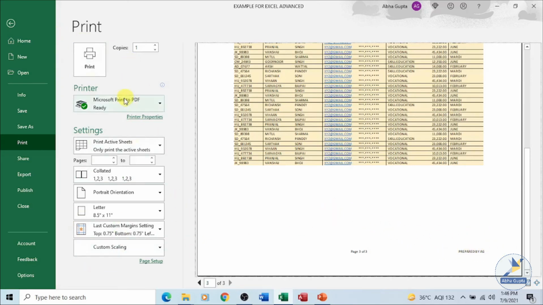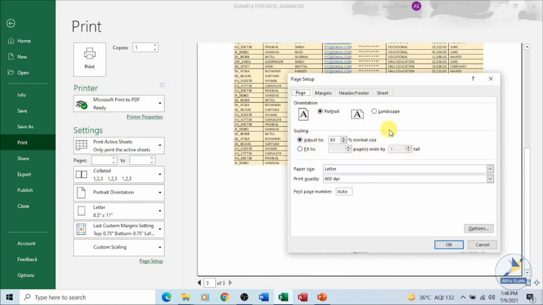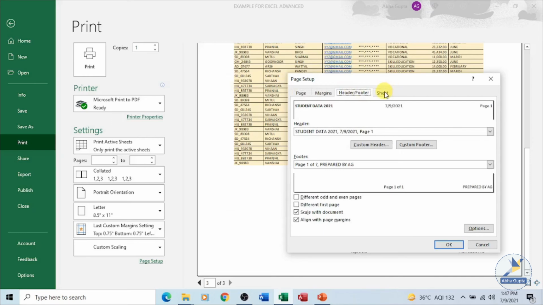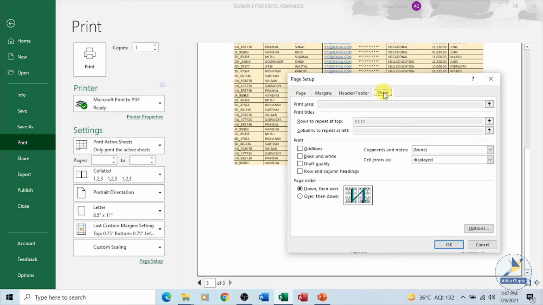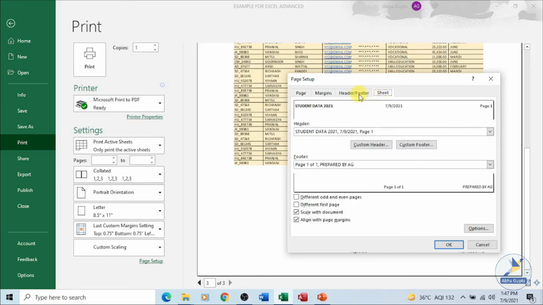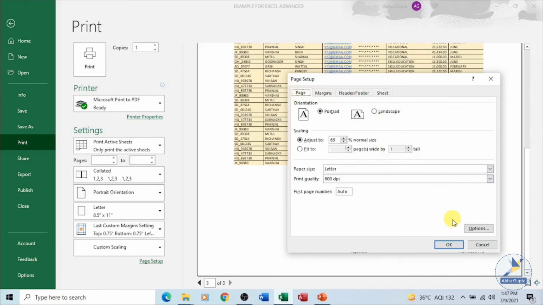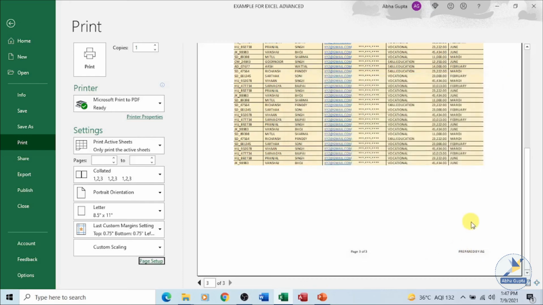So you can have all these options. You can change these various print settings which are available over here. You can click on the page setup over here. The same dialog box will open. Either you can go to the page layout, and from there you can open the dialog box. You are in the backstage view and the print option is open for you. You can open the dialog box from here and set all these settings from the tab. You can go to different views. From there you can see the page layout, you can see the page break preview, and set these options for yourself. So my page has been set.